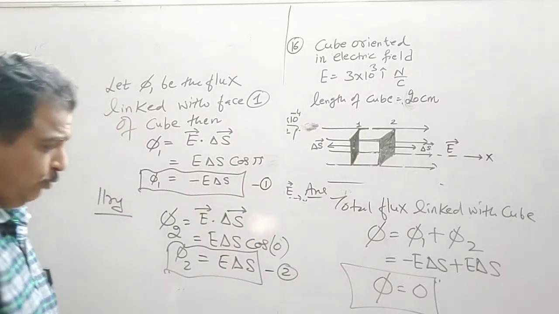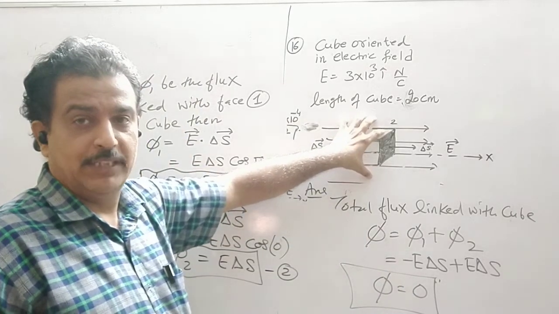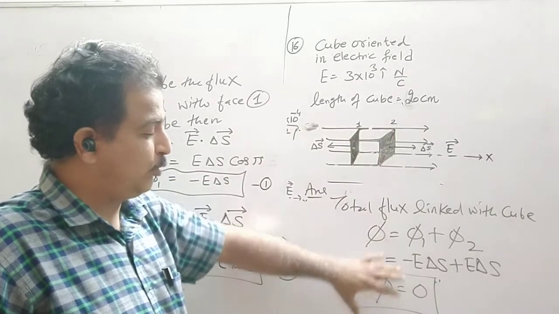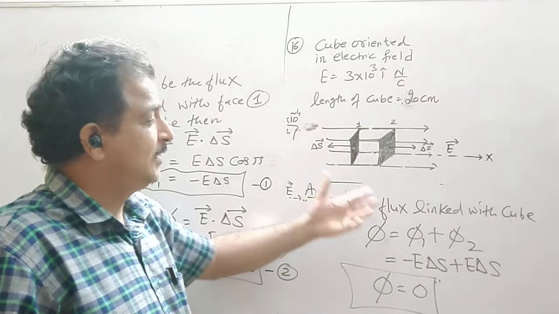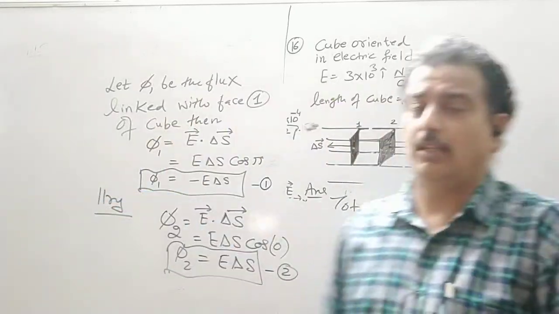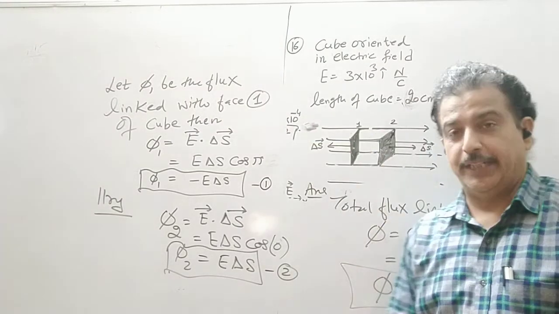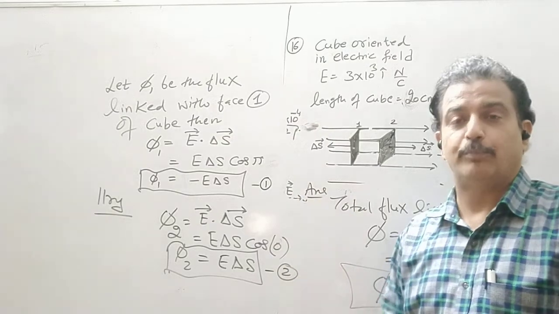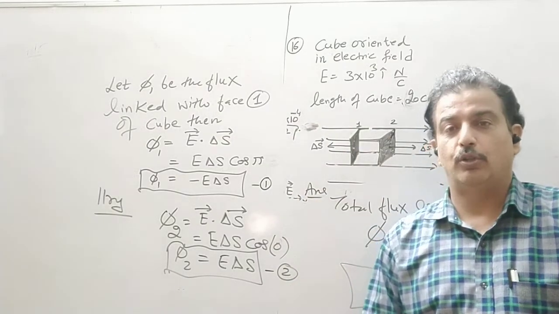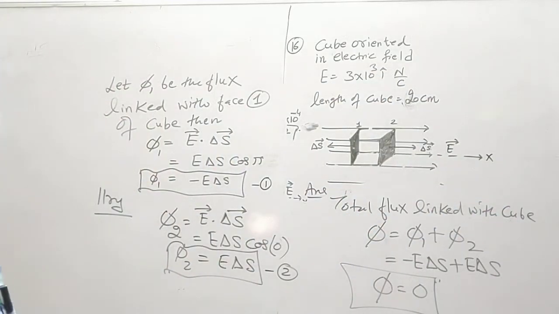So this is how we prove that if you keep any three-dimensional object in a uniform electric field, the flux will be 0. It is not necessary that it should have a proper geometrical shape; you can take any shape. If you take a proper shape, we can easily prove it. If I take a sphere, I can prove it by drawing a small element. That we will see in Gauss theorem or Gauss law. So this is what we have in example number 16.